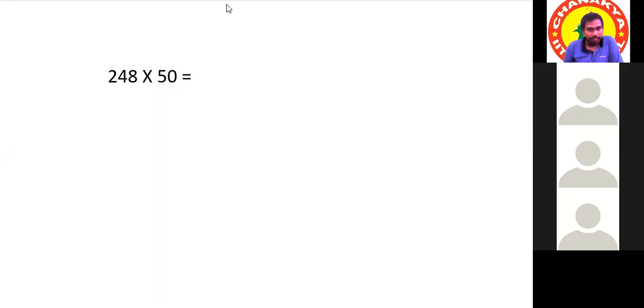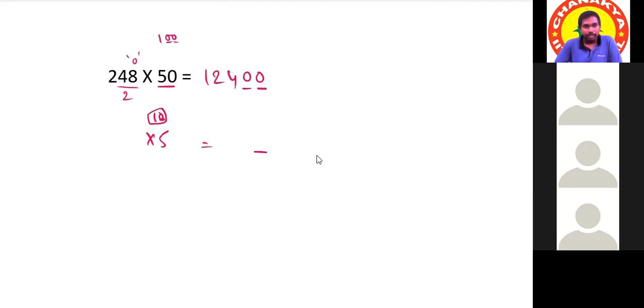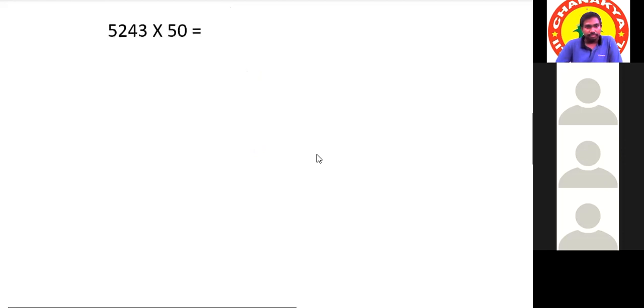248 we will divide by 2, which is 1, 2, 4. And the remainder is 0. So we will write 0. 2 zeros, don't forget this. 50 is 0 and 1 0. 50 will make it 100 because 100 consists of 2 zeros. We'll put 2 zeros here. Because in the previous case it is 5 only, so we have made it 10. 10 consists of one 0. That's why we put one digit at the end. Okay. Yes, Shreyasi, now your question.